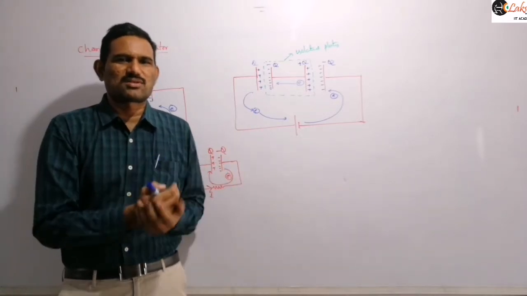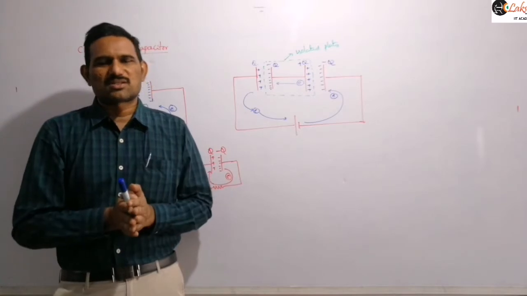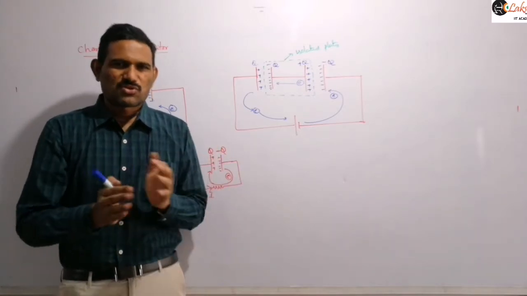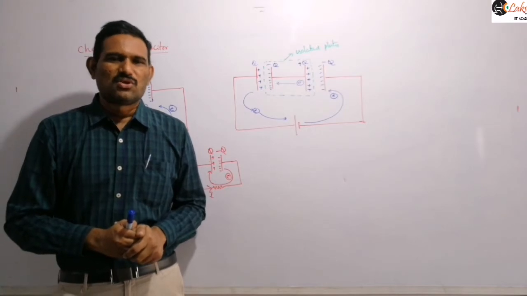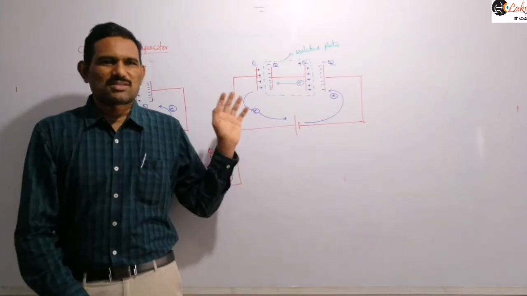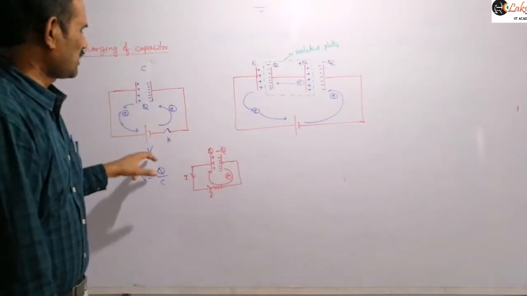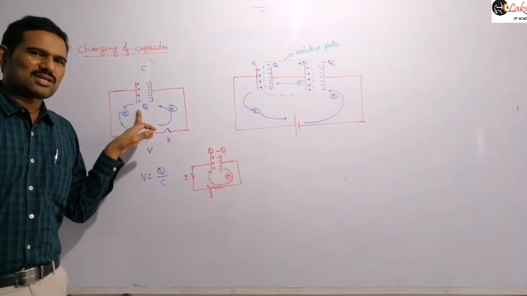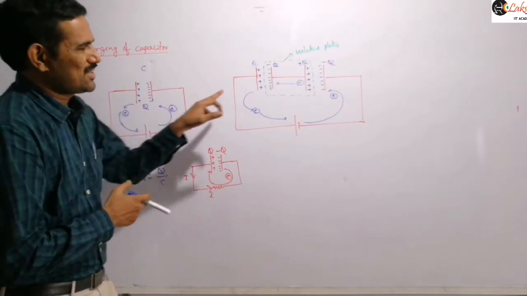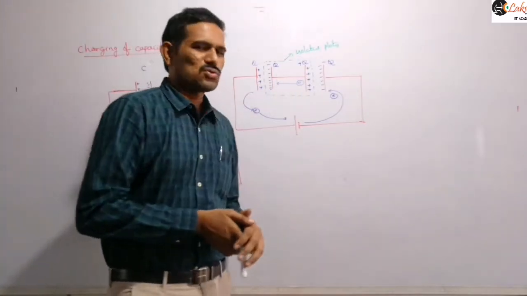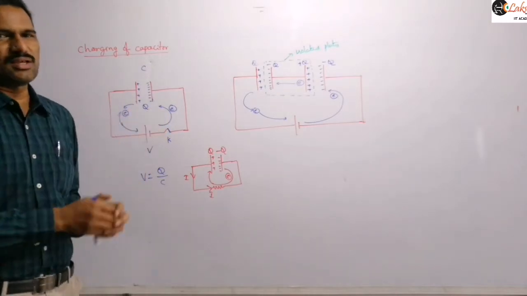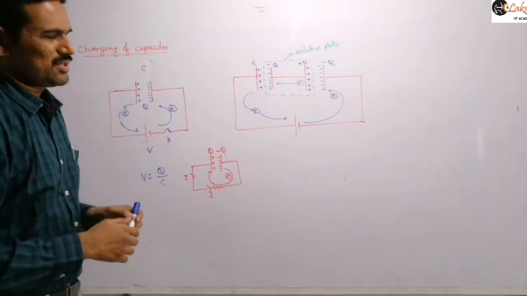In the last class also we discussed one problem. 2Q is the charge given to one plate and 4Q is the charge given to the other plate. The distribution of charge we discussed in the last class also. So in such a case, charges may be there inside and outside. But with the charging, if a neutral capacitor is connected like this, whatever the charge here is storing will be there on the inner side only. So here the charge on the capacitor is plus Q, and here also the charge on this capacitor is plus Q, right? So when the capacitors are connected like this, the same amount of charge will be there on this.